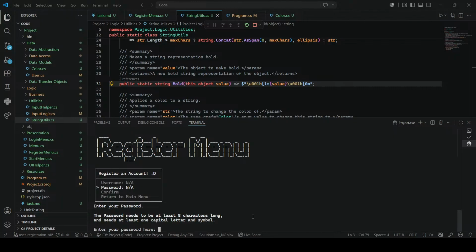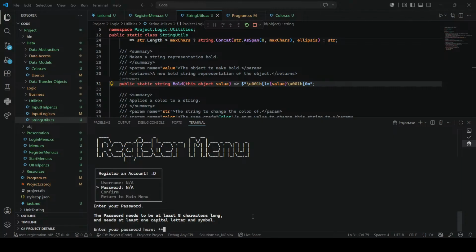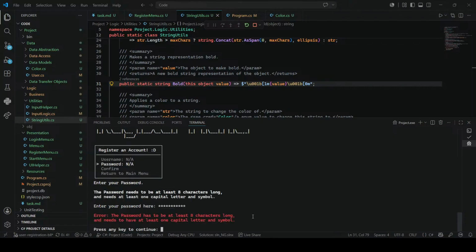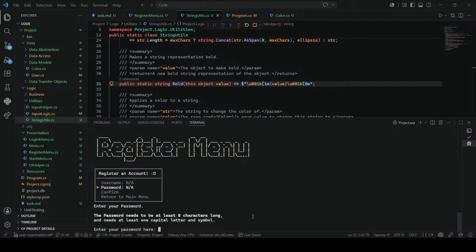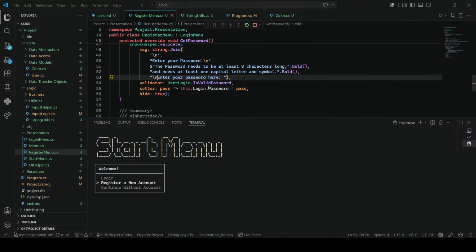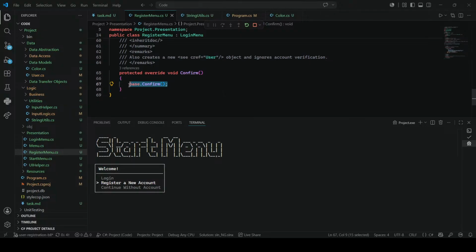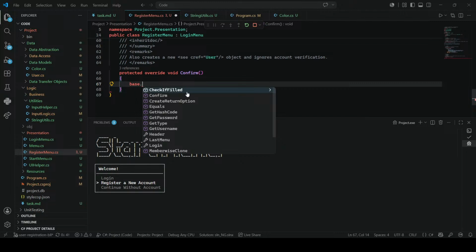So right now it still says invalid login credentials because it's still using that. Or confirm. Now, can I say base dot